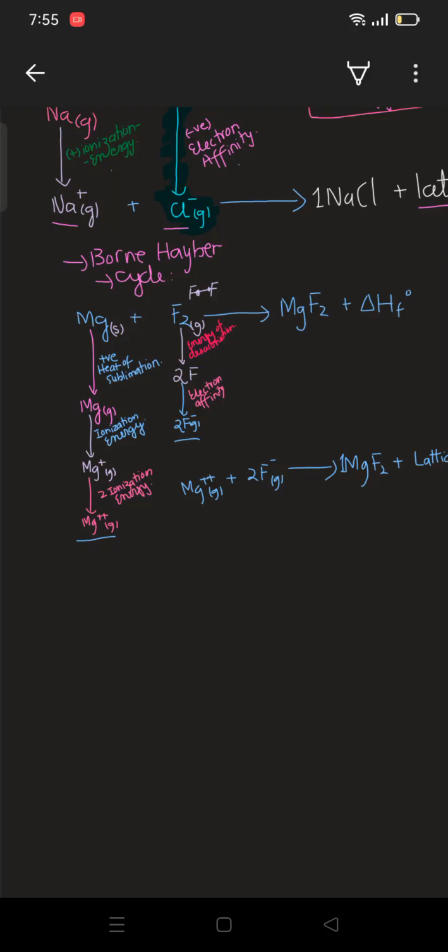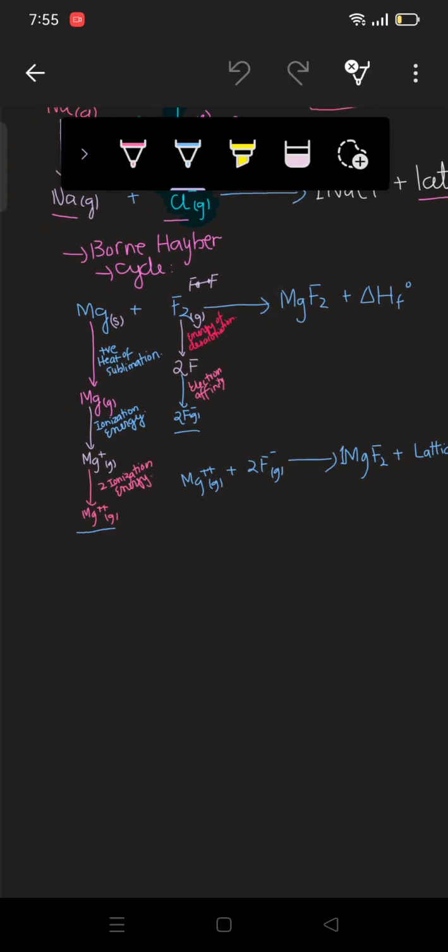Okay, so as in the last video, we discussed the formation of MgF2, right? And the lattice energy which was produced along with 1 mole of MgF2. To calculate the lattice energy, we have a very renowned process or cycle. This is what we call the Born-Haber cycle, or Born-Haber process, by which we calculate the lattice energy. Now see, today we are going to